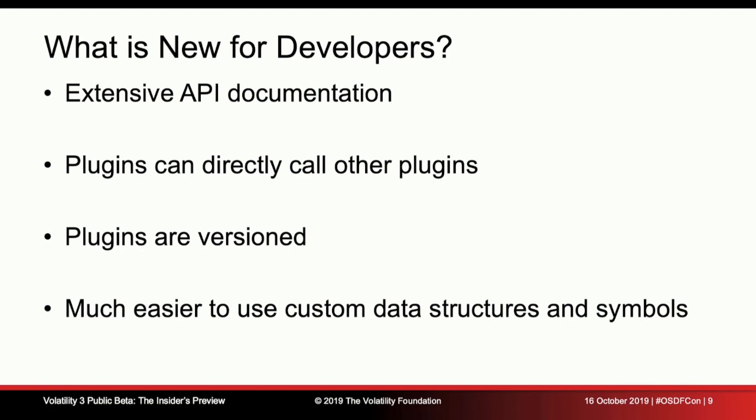Plugins are versioned. Before, you might have had, oh, hey, here's this version of this plugin. Oh, hey, I've changed it slightly because now it's better. Oh, hey, I've changed it again. And then you'd have to tell your users, use my plugin, but you're going to need this other plugin, but don't use the latest plugin, use this one before that, but he hasn't versioned it, or he changed it, and so that's quite problematic. What we've tried to do now is say, well, actually, let's have versions, let's have dependencies, and then you can say, well, you'll need this version, or you'll need that version, and Volatility will check for you that you've got that installed before it tries to run, so you don't have to worry about it going wrong.